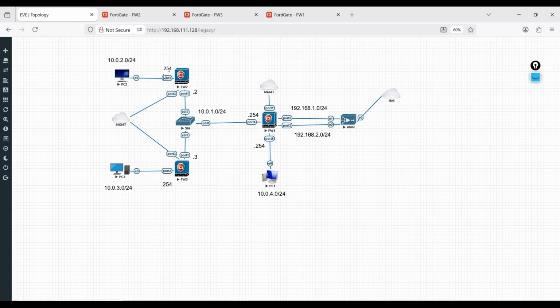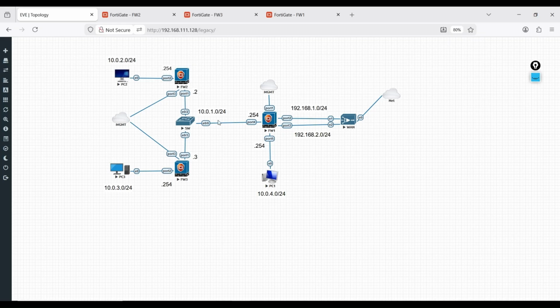In a similar way, we already configured firewall 2 and firewall 3, having port 1 with subnet 10.1.0/24, and this port 1 has IP .2 within this subnet, and for port 2 we have .254 within this subnet. In a similar way we have configured this side.